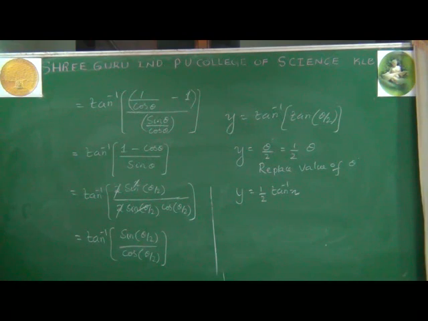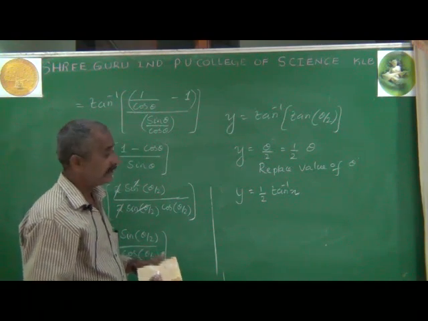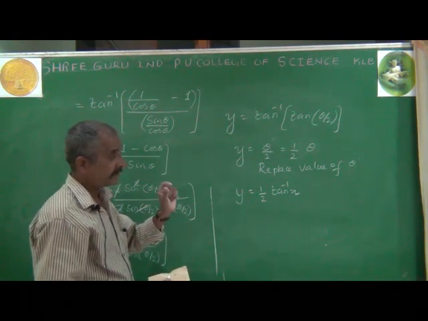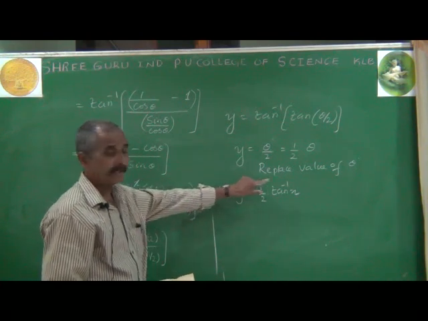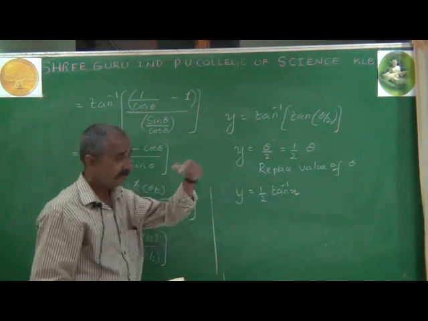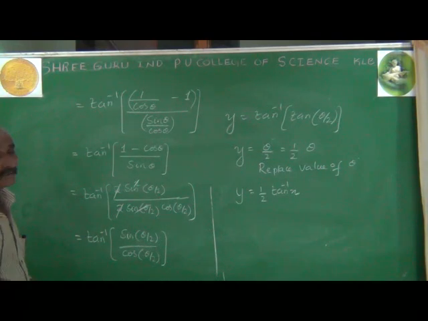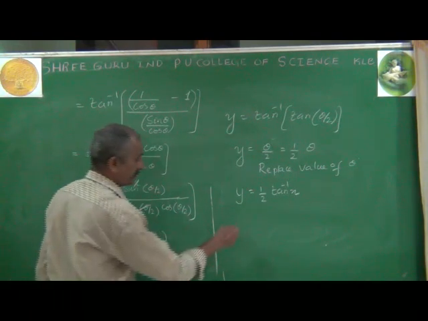Actually, in some cases like MCQ problems, this will behave as a standard formula. That is, tan inverse of root of 1 plus x square minus 1 divided by x can directly be written, most of the time especially in MCQ problems, as 1 by 2 tan inverse of x, but not in theoretical problems. Now we shall lastly differentiate with respect to x.